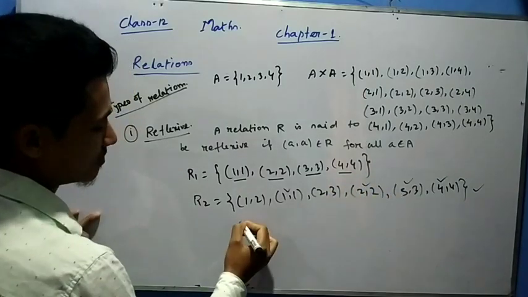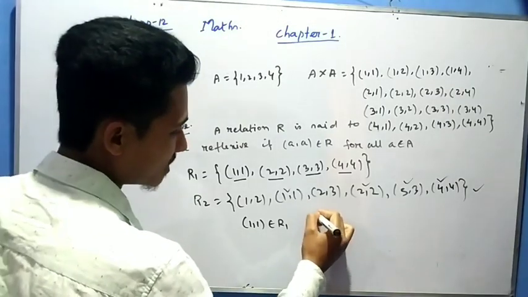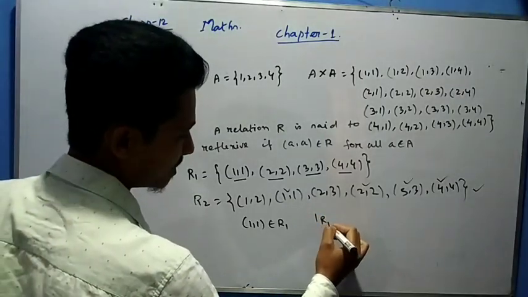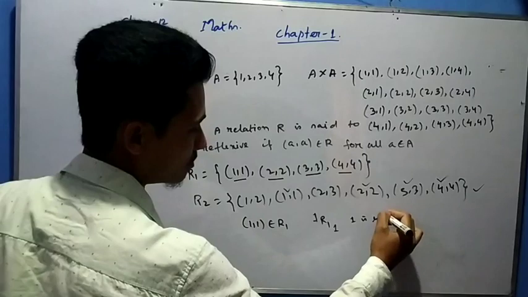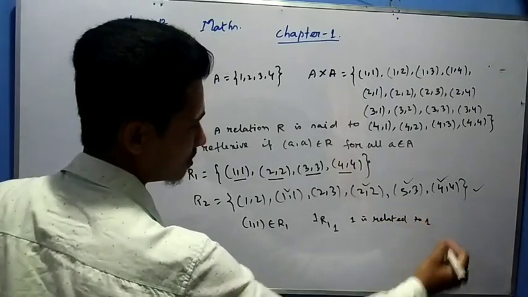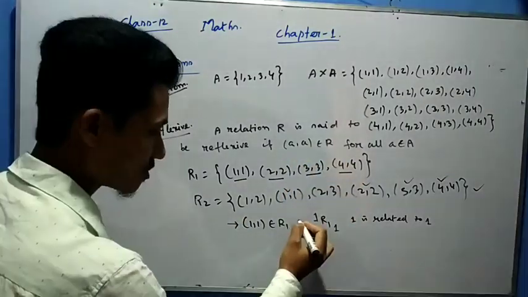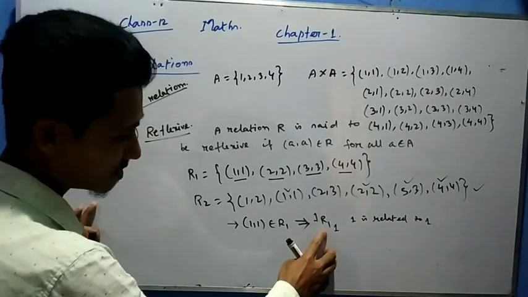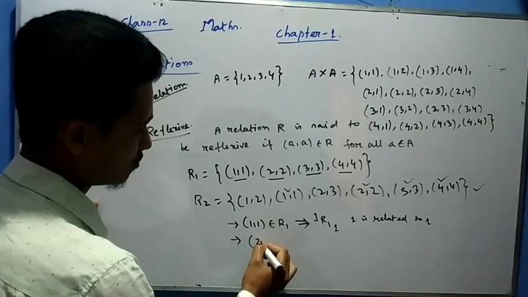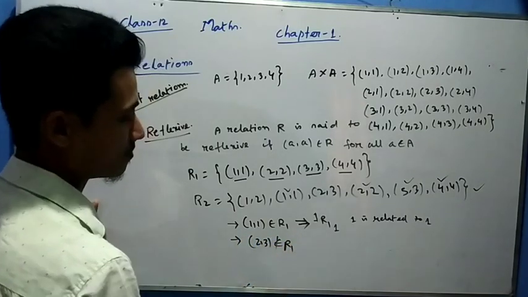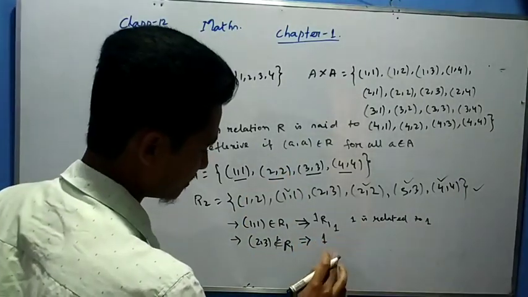Okay, understood. Now see (1,1), (2,2), (3,3), (4,4) belong to the relation R; we can say (1,1) belongs to the relation R1. This can also be symbolized as 1 R1 1, read as 1 is related to 1. In this way also, (a, a) belongs to R, this (1,1) belongs to R, can be symbolized like this. Now for the relation R1, does (2,3) belong to R1? No, (2,3) is not there in R1, so this is symbolized as 2